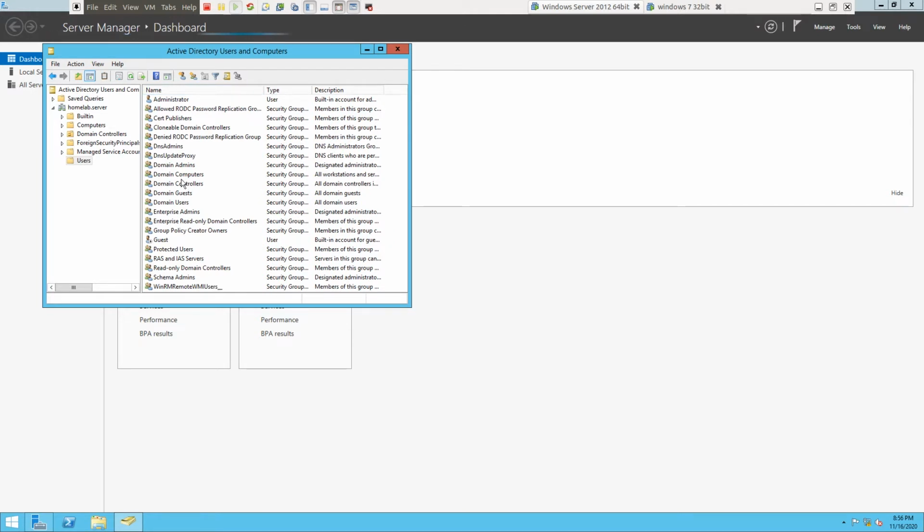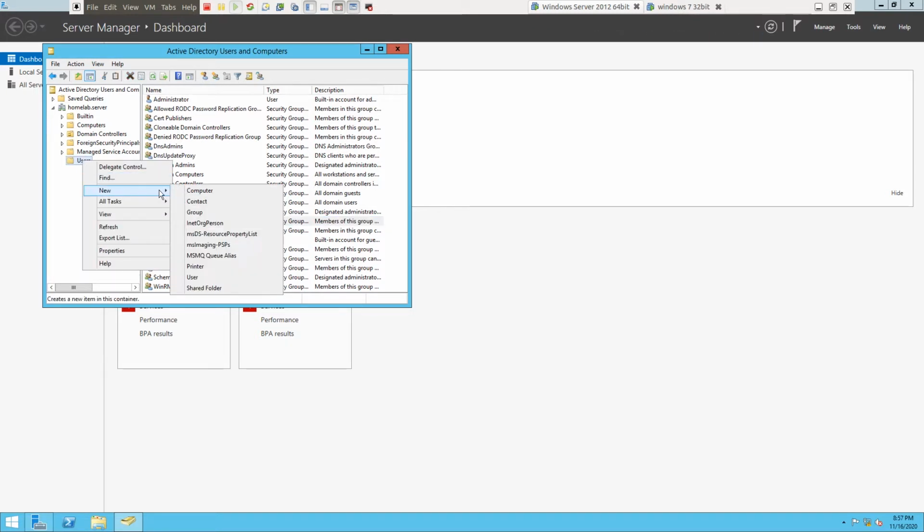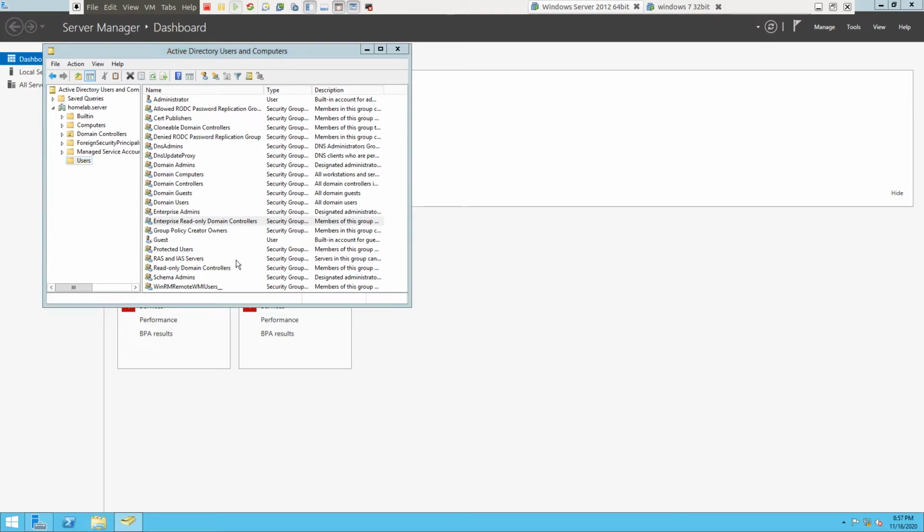So okay, now we are going to create a new user, and these are called groups. You can see here security group, etc. And these are the normal users. You can see here, and you can see there are groups. So now let's right click and new user. Click on this user.